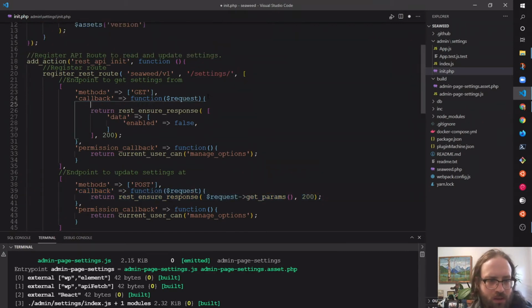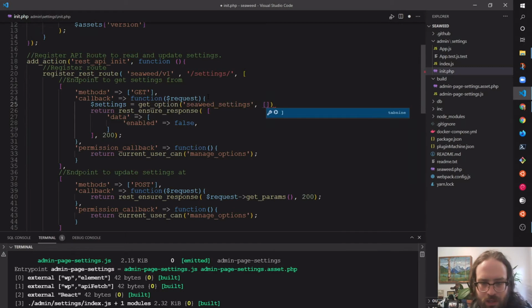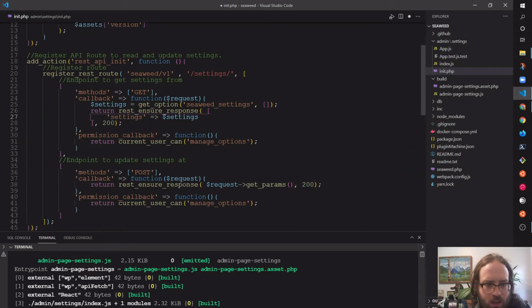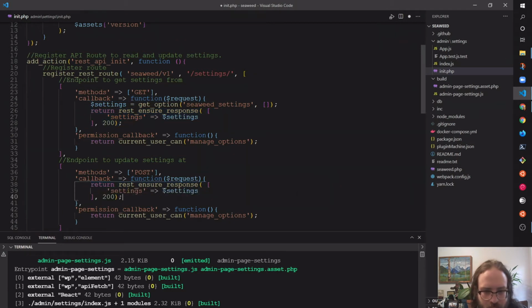So let's do this. Settings equal get option seaweed settings array, right? I'm always tempted just to return settings, but then I always end up having to refactor it into part of the array. So let's actually copy this down here. 201 maybe, but